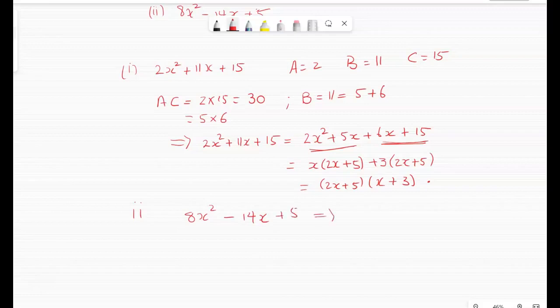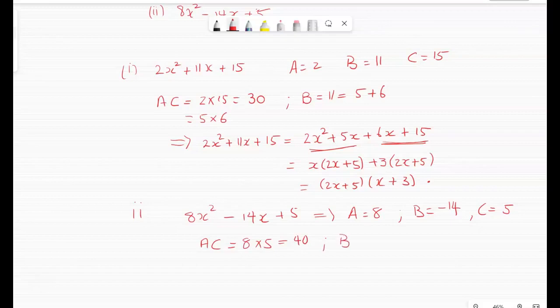And once again, a is 8, b is minus 14, c is 5. Now a times c is equal to 8 times 5, which is 40,